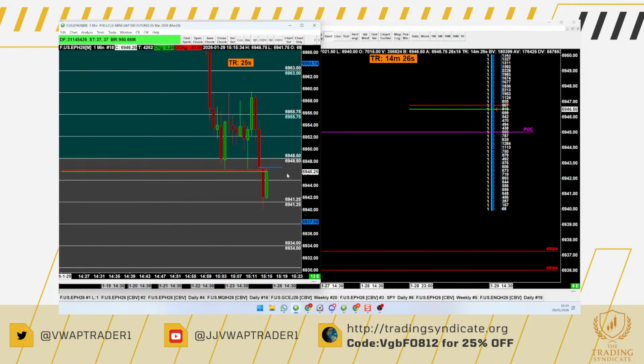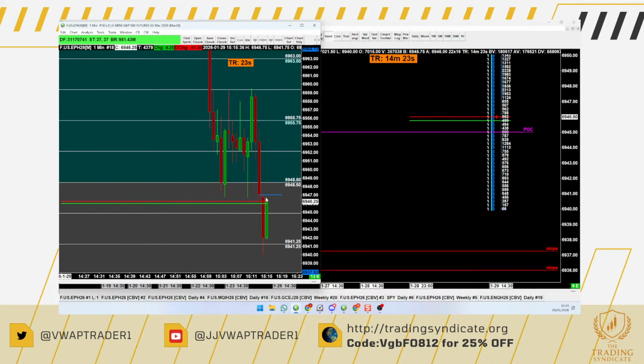Just watch that line. Right? If we offer up above that, we'll go to 48.5. If we come back down, so if you're shorting this, if you're shorting the hole, your risk is here. See? Now you know that trade's not going to work because there's a seller. If we hit 48.5 and then come back in,